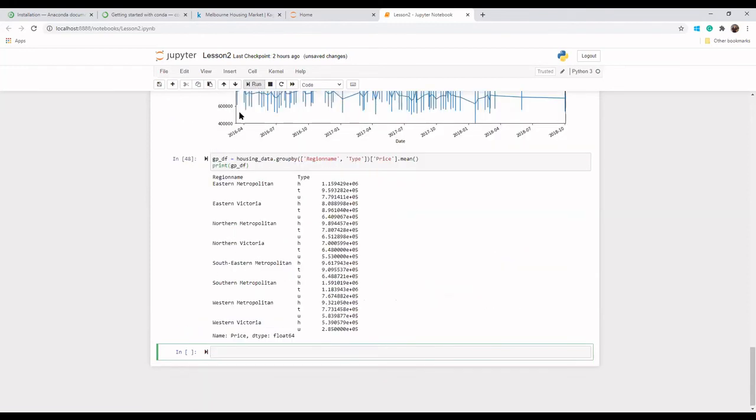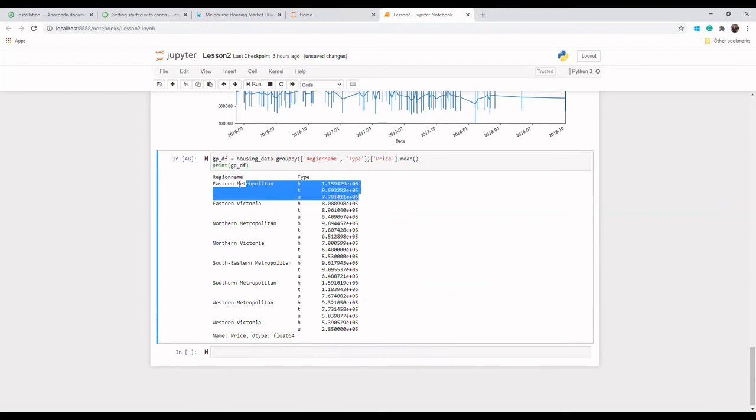Okay, so now we can see the data has been grouped based on the region name. So let's say if we take Eastern Metropolitan, we have the various property types like house, townhouse, and unit, and we have the average price for each type of property. So this also helps us in understanding the different parameters and how the data is distributed. So from here what we can see is in general maybe the house properties are slightly expensive,